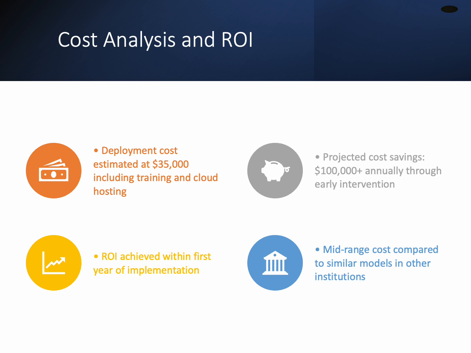The projected deployment costs of $35,000 include model development, hosting, licensing, training, and support. This investment is modest compared to similar tools such as Stanford's diabetes prediction model, which costs $50,000. We estimate cost savings of $100,000 annually through reduced stroke admissions and efficient triage. Early detection reduces the need for intensive care, long hospital stays, and rehabilitation. The model not only pays for itself within the first year, but continues to deliver return on investment in terms of both patient outcomes and operational efficiency.